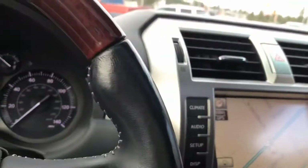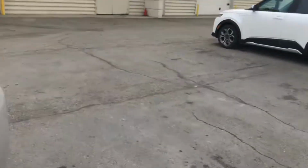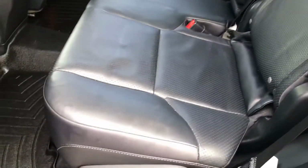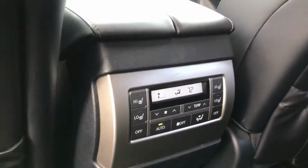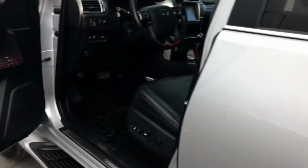So let me make sure it's in park, give you a quick view of the second row, and then I'll shut it down and then fire it back up for you. So this is the second row seating. There we go. Got that first one reclined a little bit. Again, great shape, no tears, snags, or stains. WeatherTech throughout on the back, and then you have your heated second row, and so essentially this is tri-climate, and then you have your third row in back. So I am going to shut it down,